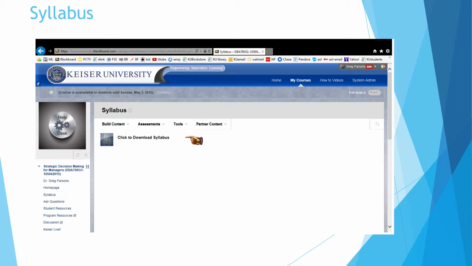Now we're going to get into the syllabus, and as you know, working with Blackboard, many times when you try to copy something into the text editor, the formatting kind of changes. So what I've done is I've also supplied a download link to allow you to download the syllabus in its Word format directly to your computer. But it's listed here also, and we'll be going by this to talk about the assignments.